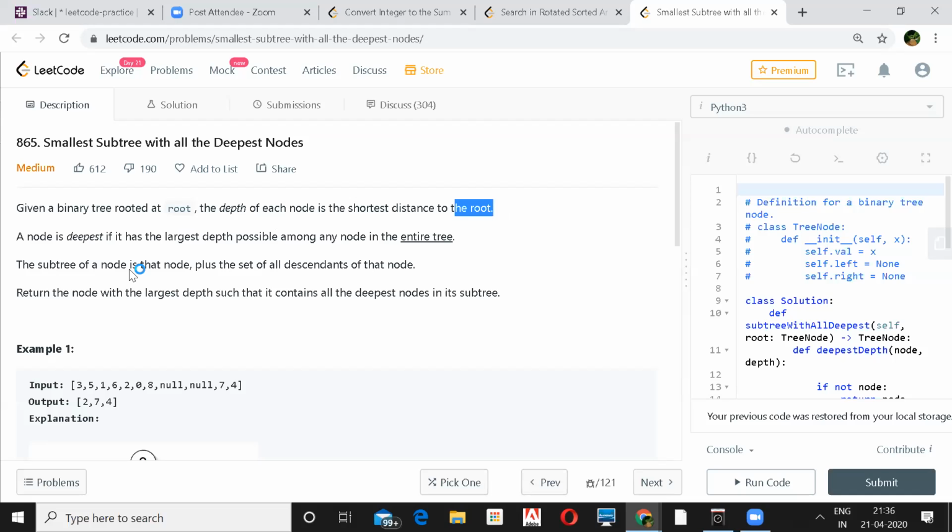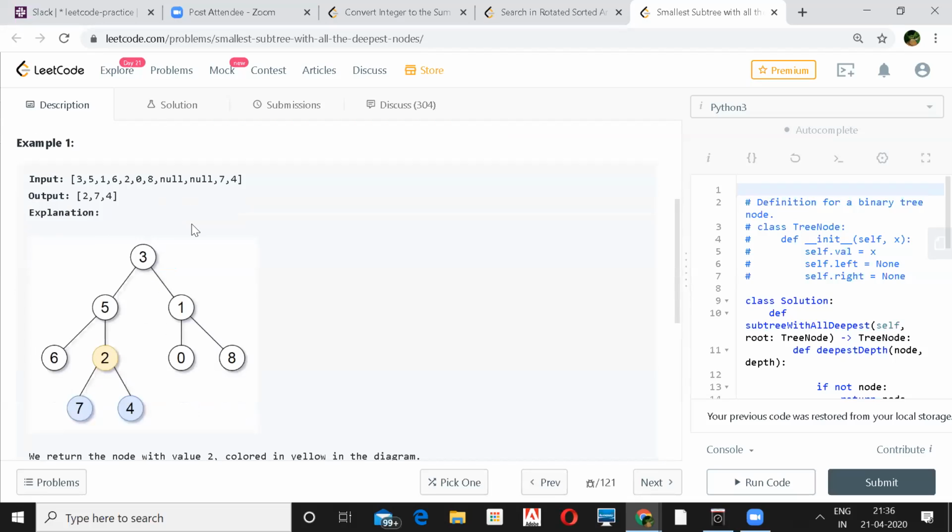And the subtree of a node is that node plus the set of all the descendants of that node. We need to return the node with the largest depth such that its subtree contains all the deepest nodes. So if you look at this tree, this is the deepest node which has this as a subtree. So your answer is 2, 7, and 4, at the maximum depth.